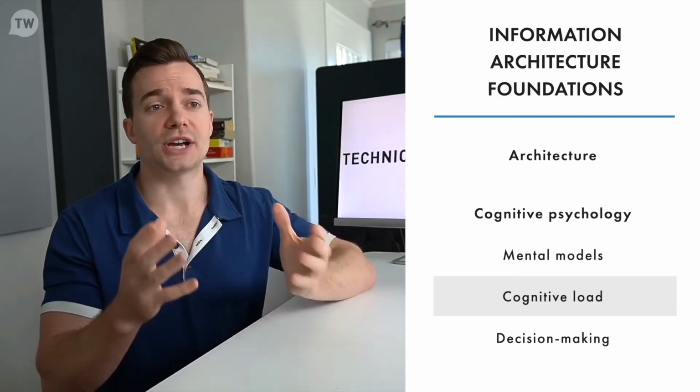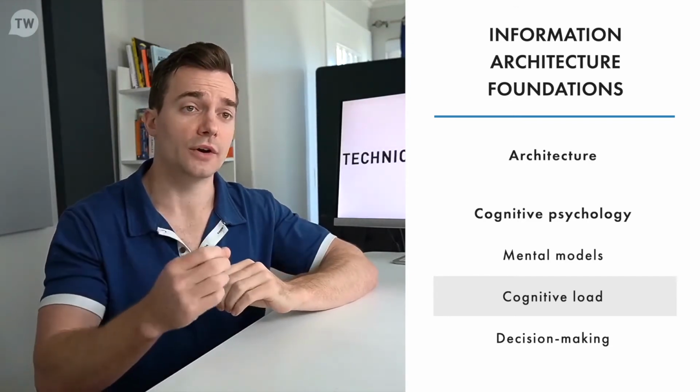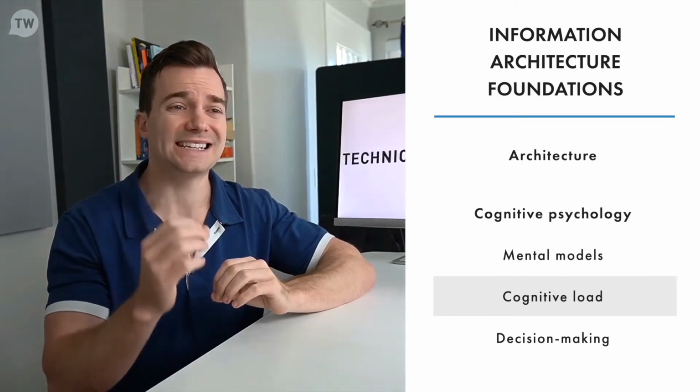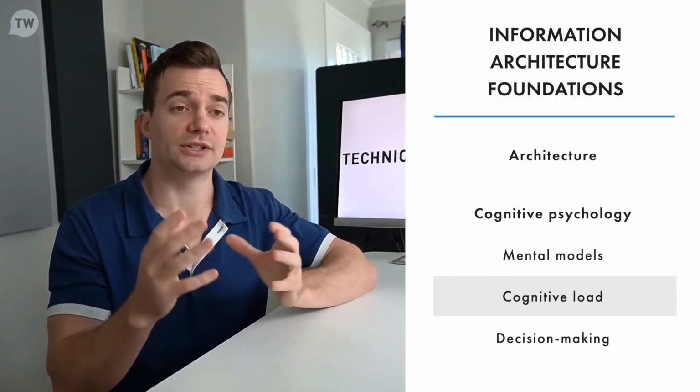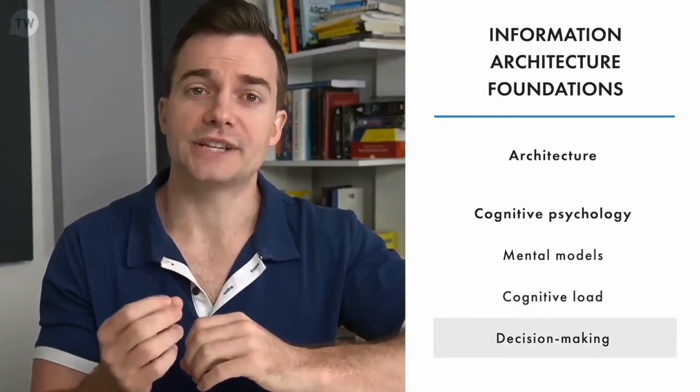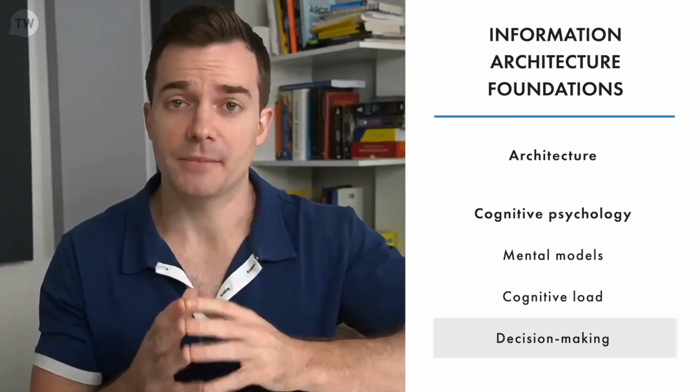When information architecture practitioners take the cognitive load of their users into account, they create content with a structure that puts the least amount of load on users' cognitive abilities. And we have decision making. Information architects create content that allows for easy decision making through providing information at the right time, providing an appropriate